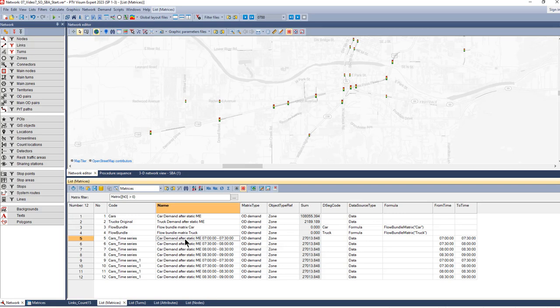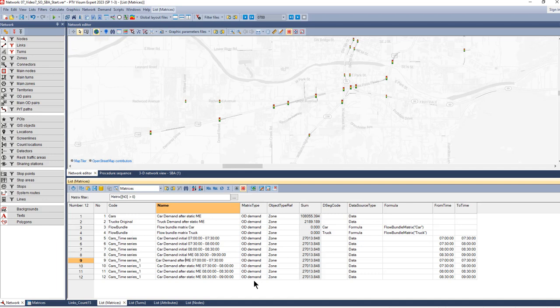So that means we keep this one as initial. Maybe we indicate that in the name. And the other 4 matrices is basically what we get after the